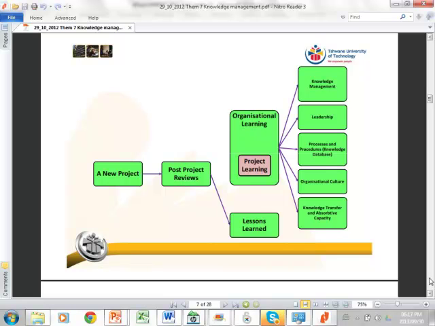Okay? But in your organization, there is obviously a whole lot of these projects that are happening. Okay? So you somehow have to capture all the project learnings, and in order to do that, you need knowledge